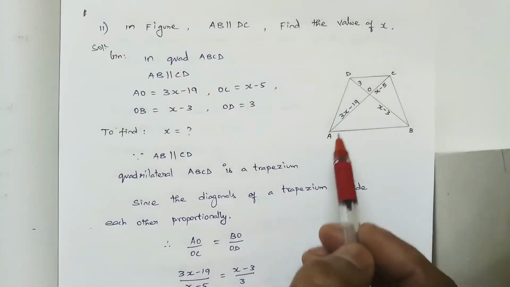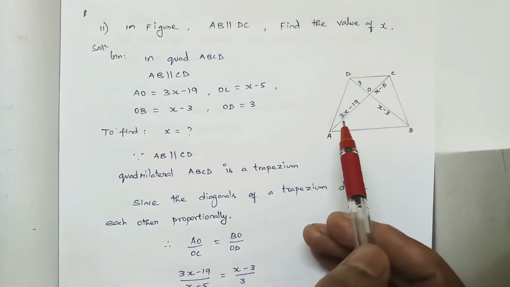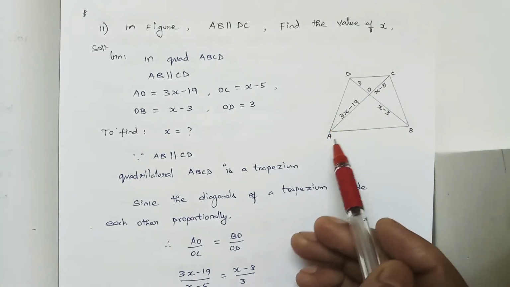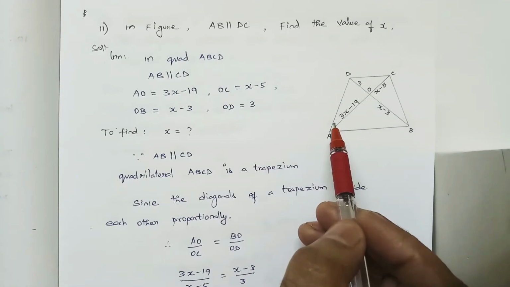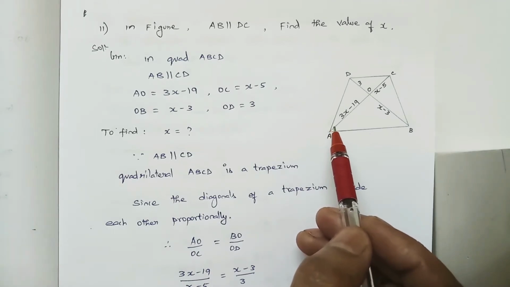These two lines are parallel, then automatically what is the name of this quadrilateral? It is a trapezium. Among the four sides, if any two sides are parallel, then it will be a trapezium. If both the pairs